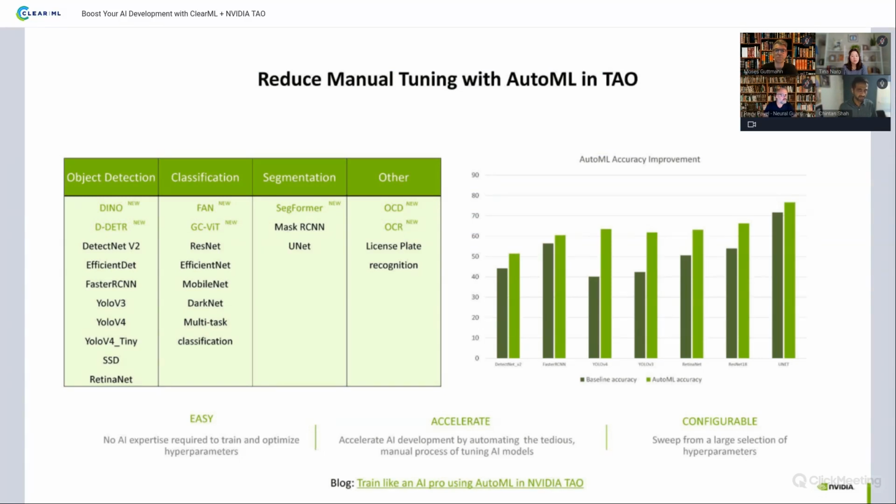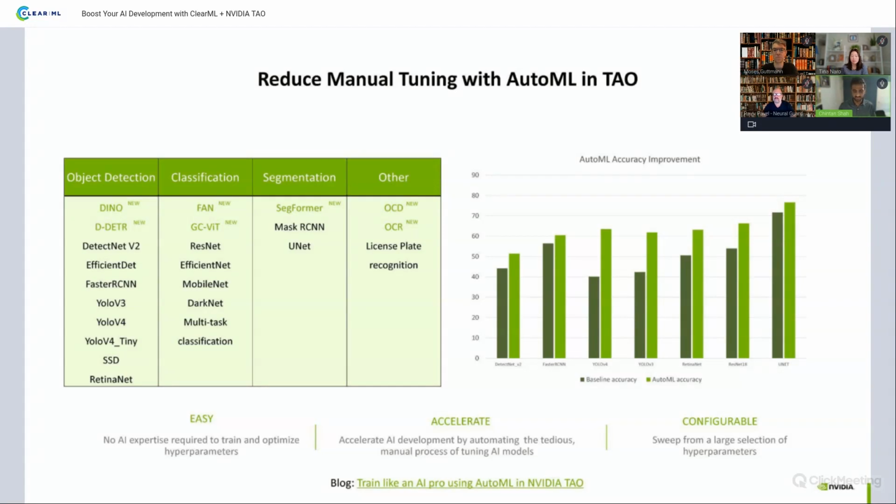So I mentioned our AutoML capabilities, and we provide several algorithms for users to select in our AutoML, and we make it super easy to use. If you just want to quickly get started, you can say this is my data set, this is the model that I want to train, go figure it out. You can take one of our Jupyter notebooks, select your data set, and quickly spin up a bunch of training runs.